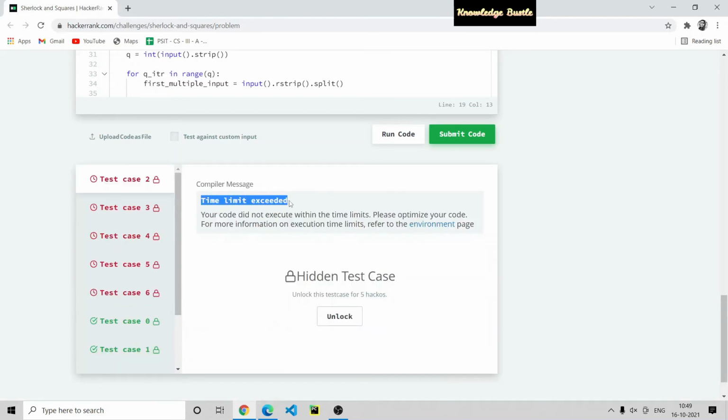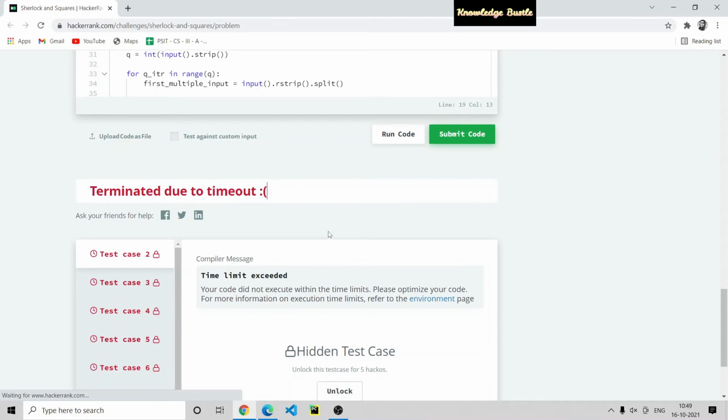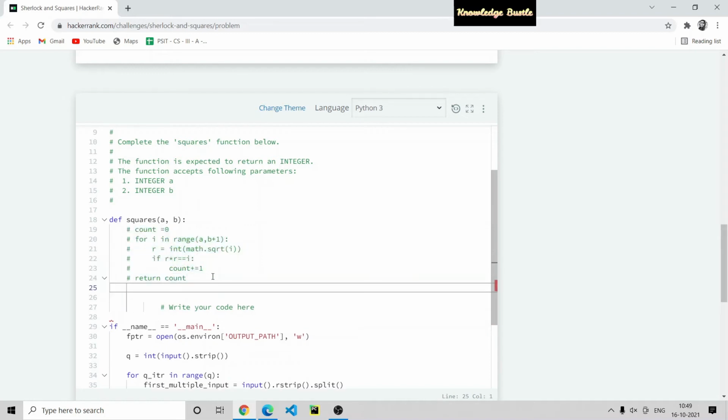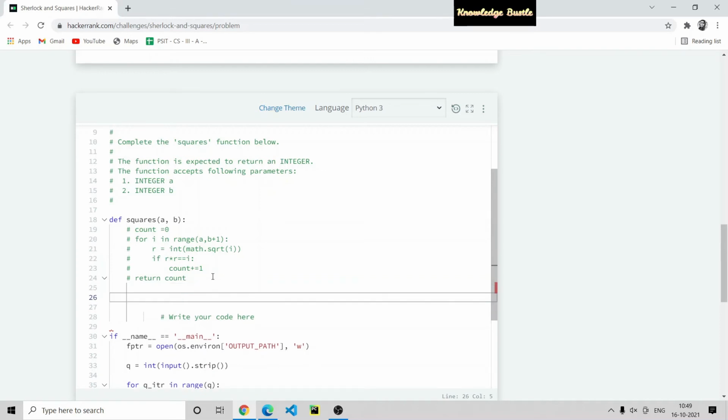This shows time limit exceeded, which means the brute force approach is not a good approach. We need to optimize our code. So think about the optimized approach, and I am going to write the optimized approach. So what's the optimized approach?